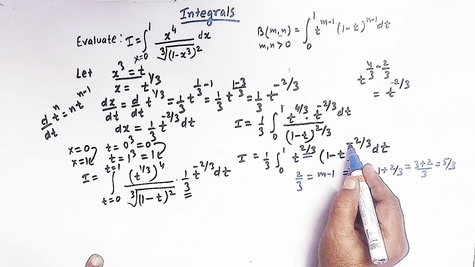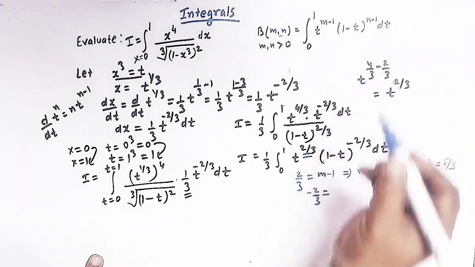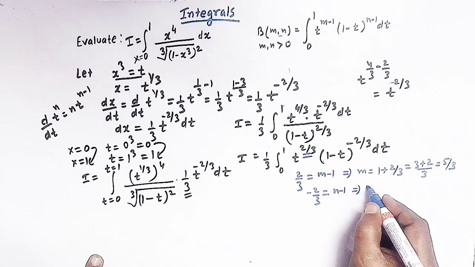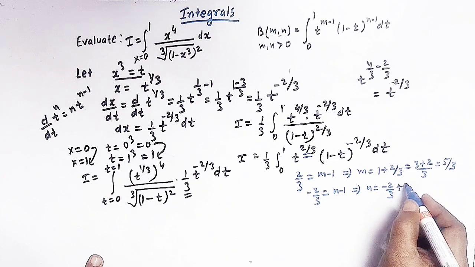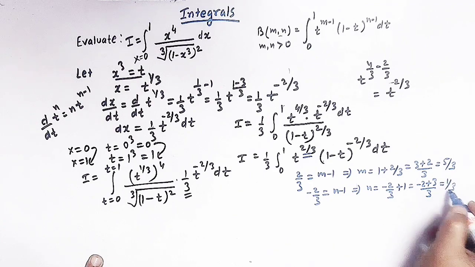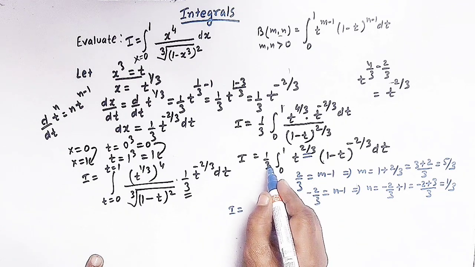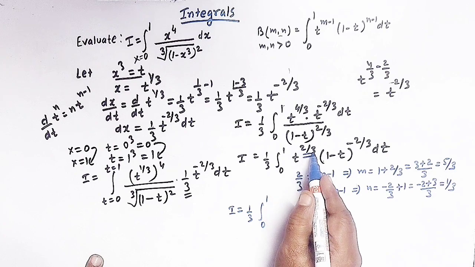And similarly here we have minus 2 over 3, and here we have n minus 1. So solving this equation for n, we can now write minus 2 over 3 plus 1. So this is minus 2 plus 3 over 3, that is 1 over 3, right? So now we can write this integral as 1 over 3, integral from 0 to 1, and t raised to 2 over